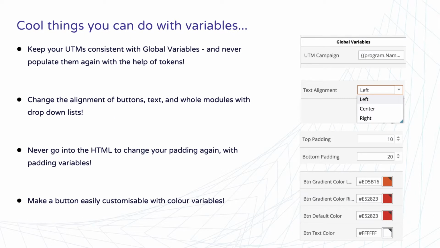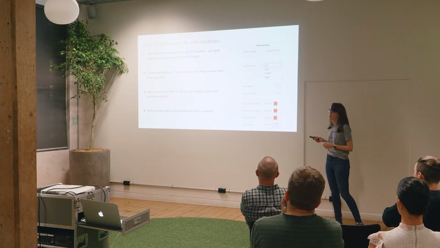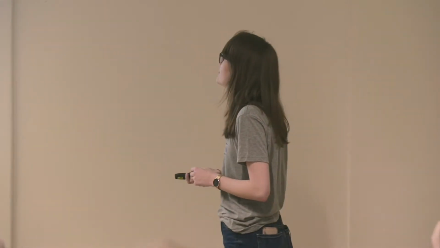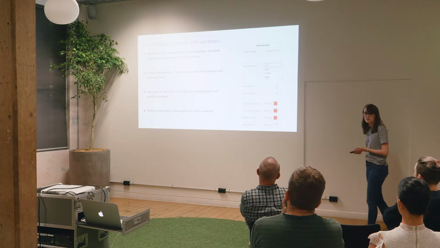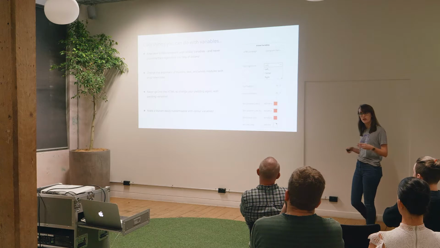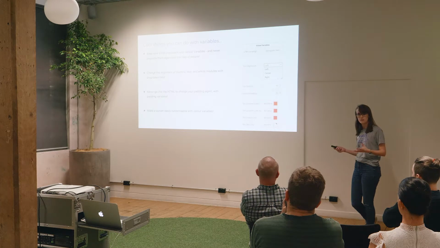Plus there's some really cool things you can do with variables. So one of them, I use global variables for your UTM campaign, and I also fill that variable with a program name token, and basically for me that means I never have to populate a UTM again. Yay! We love that. I keep it as a variable so that if for any reason I do want to change it, say I've got multiple email assets within the same program, I can go and append E01 or something to the end of it,